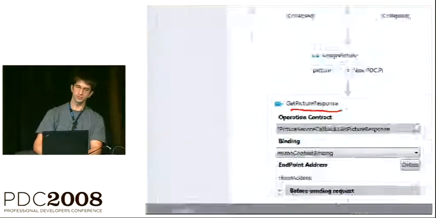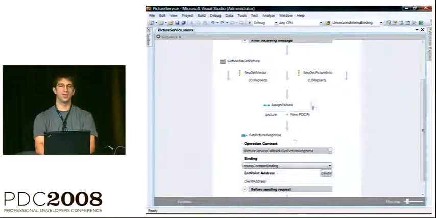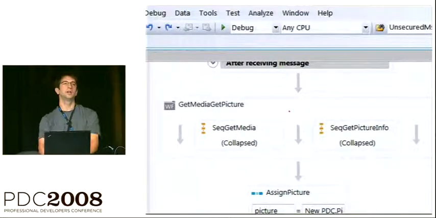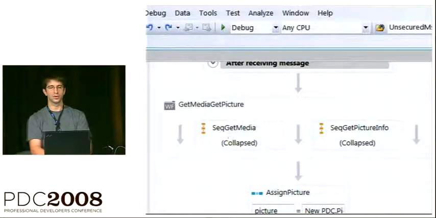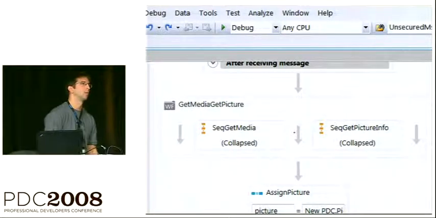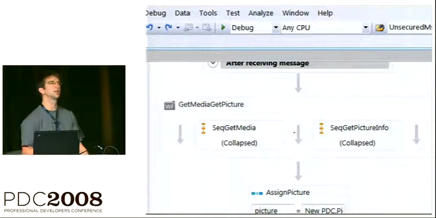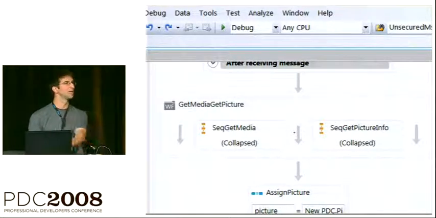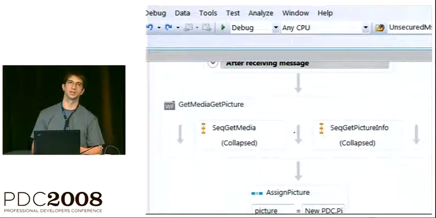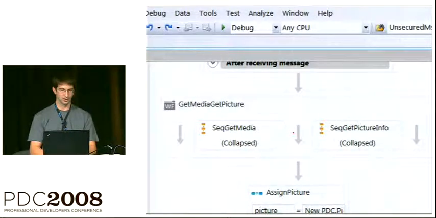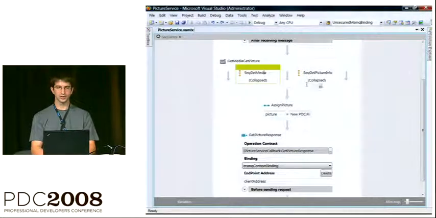Wonderful. Using one-way messaging, the implementation of this service is still being done using parallel calls to the back end. So I've got this parallel here, and I'm making these calls to the back end over queues. Given that we're doing this over queues, we need some mechanism in order to relate the messages that are coming back to us to this particular instance. So let's go and take a look at how this is done.